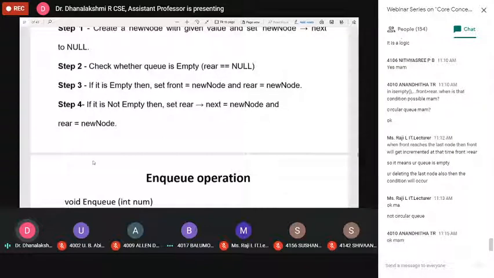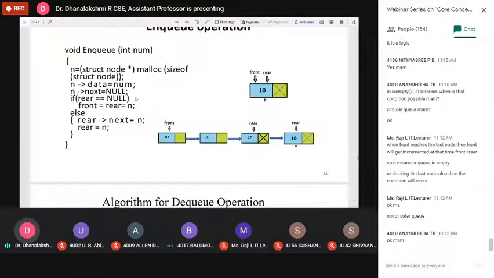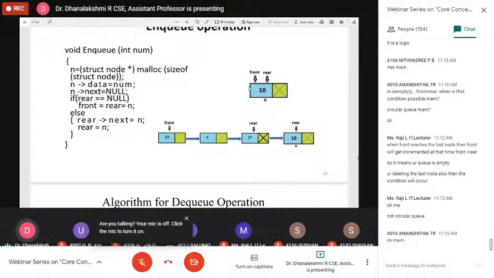So if this statement is true, what do we have to do? Set front and rear equal to n. Now consider this is our new node. We have only one node in the queue. Got it? So if it is empty, you set front and rear equal to n. Now front and rear are pointing to this new node.